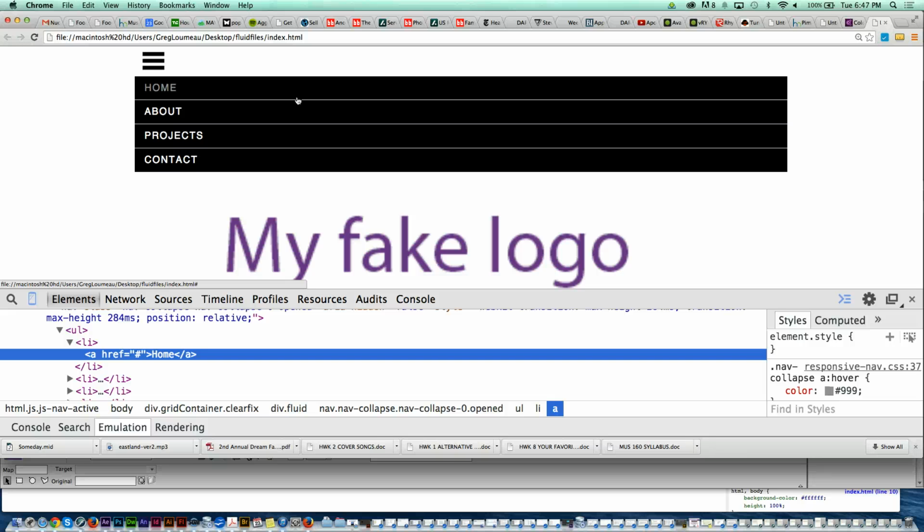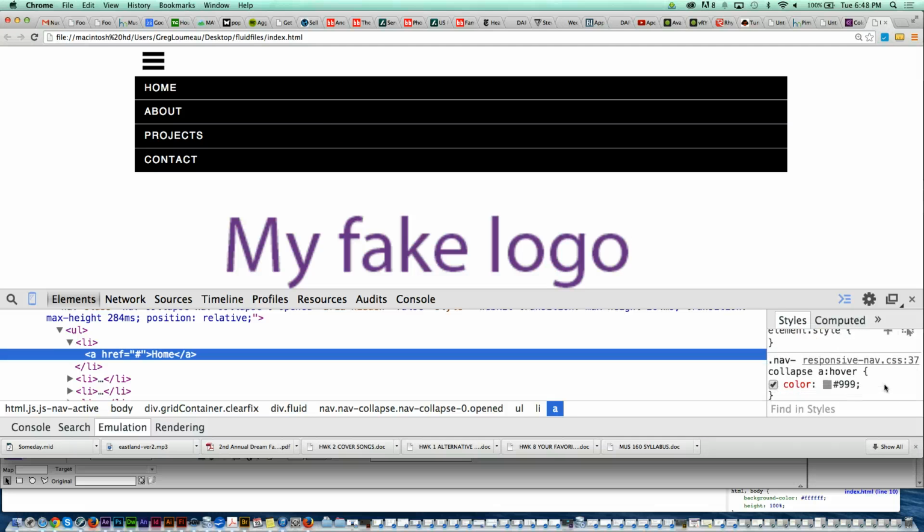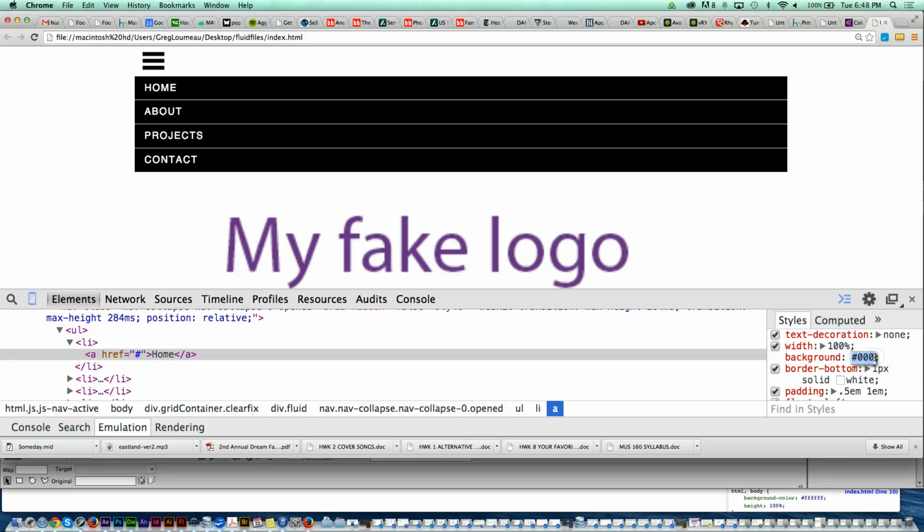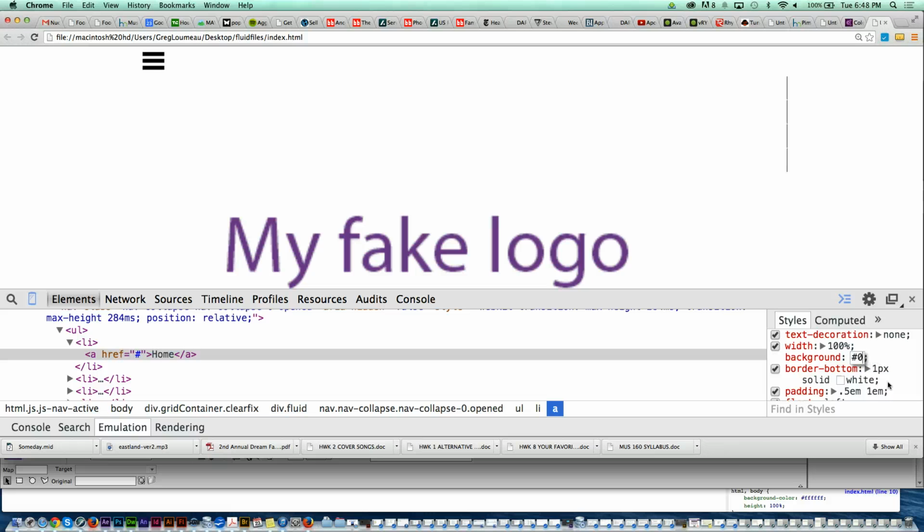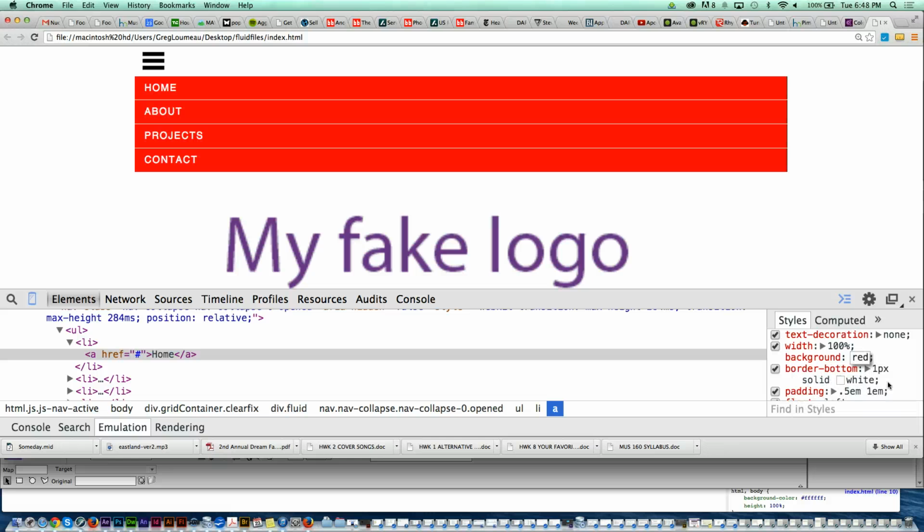Now we happen to know that this background is black, and black as a hexadecimal color is #000. So with that knowledge, I can scroll down through this a little bit, or maybe scroll up. Let's see, I guess I got to scroll down. Oh, and here I go. I found the CSS style, which says background #000. Now, if I want to change that as a preview, I can click on the 000. I'm just going to put in the word red, and now look, it changed.